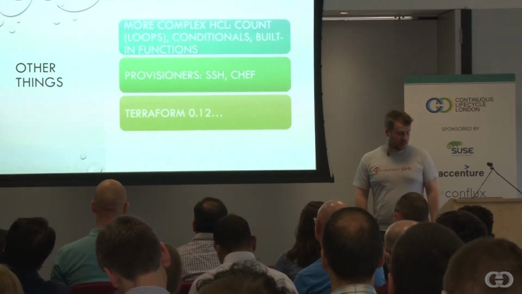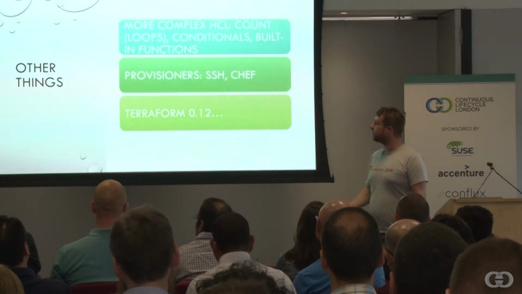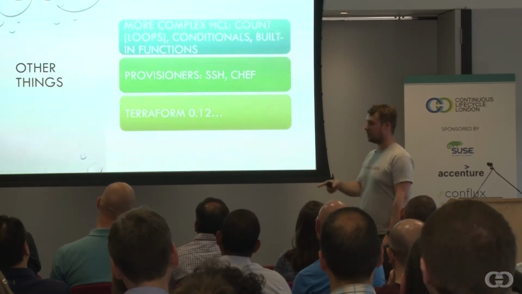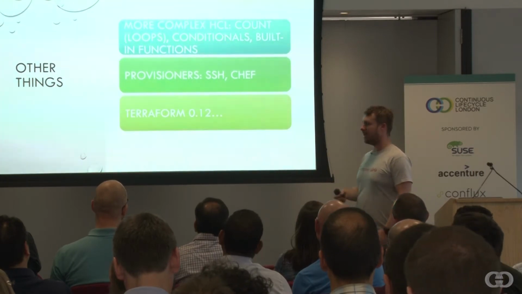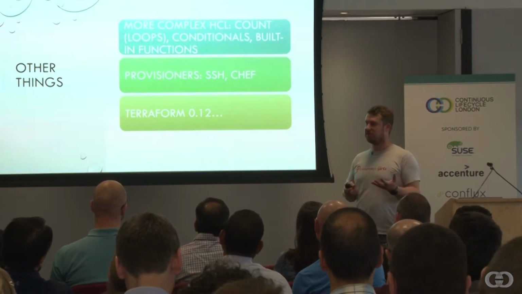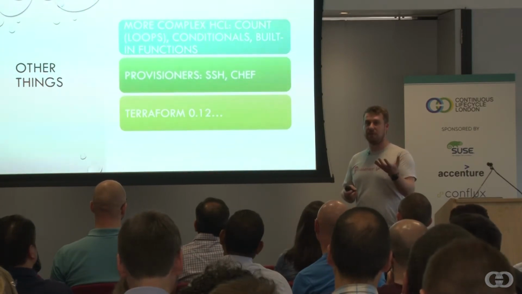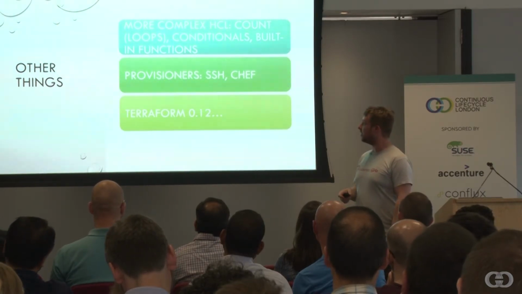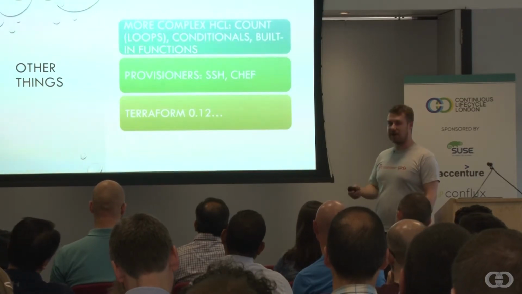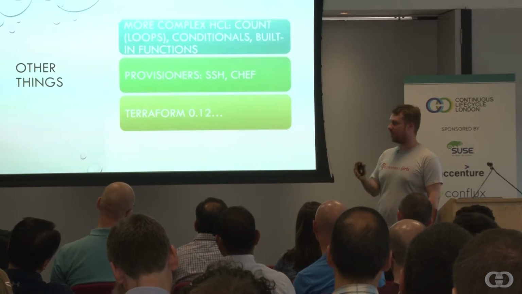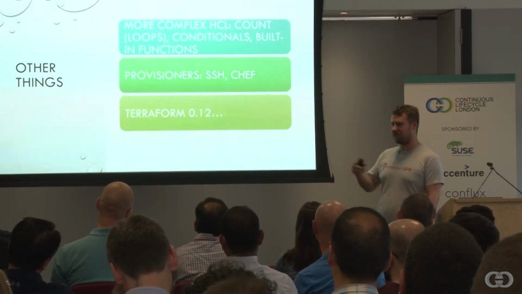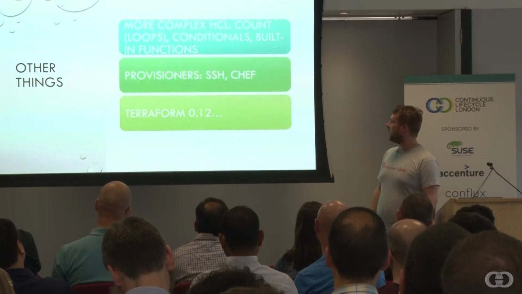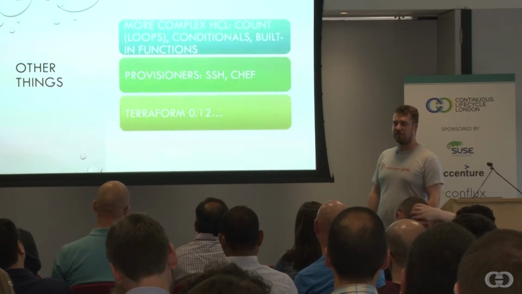So there are some other things that I'm not going to talk about. The more complex bits of HCL. HCL does allow you to assign a count to resources, and that's kind of like a loop. So in your EC2 resource, you can put an attribute in there, count equals 5, for example, and that will go away and it'll create 5 EC2 resources. And that's quite a handy thing, but it's essentially a bit like a loop, and there are strange things that you can do where you refer to the index in there. You can do conditionals in HCL as well, ternary operators,